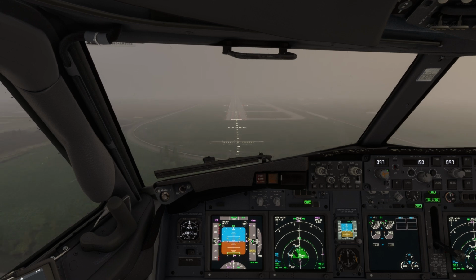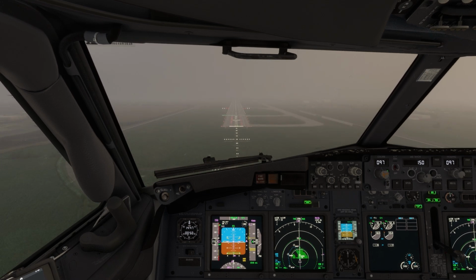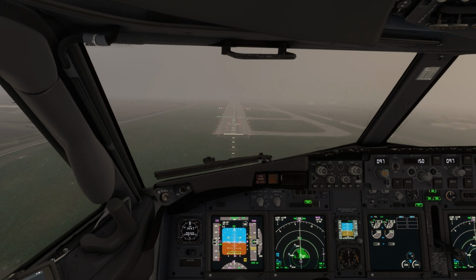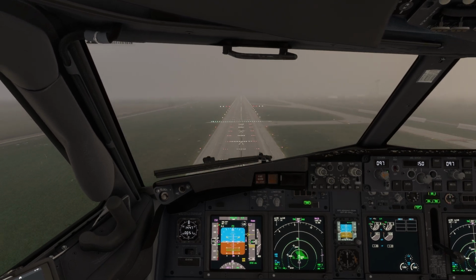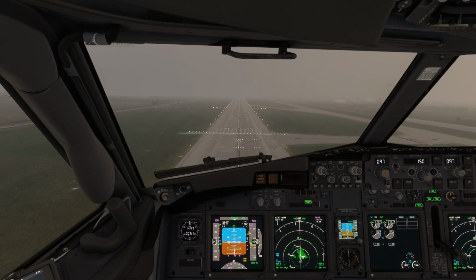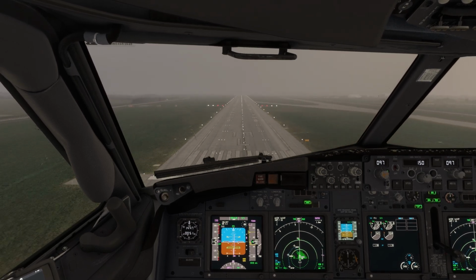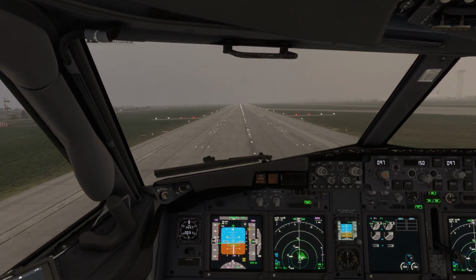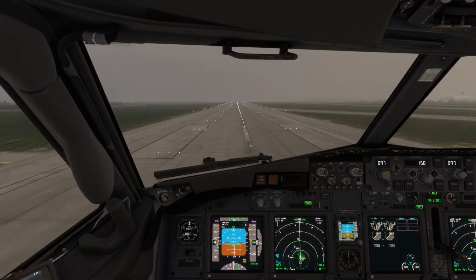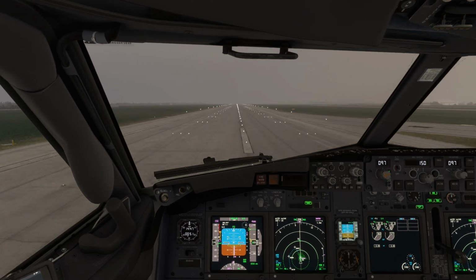There's minimum, so we'll continue. The only problem is with Microsoft Flight Simulator, the ILS patterns sometimes are off. So as long as you look stable in Microsoft Flight Simulator, you probably are 50 foot over the threshold. I'm trying to fight that wind a little bit. 50, 40, 30, 20. And we'll hold it there, so we'll flare, close the thrust levers at 20 feet, and